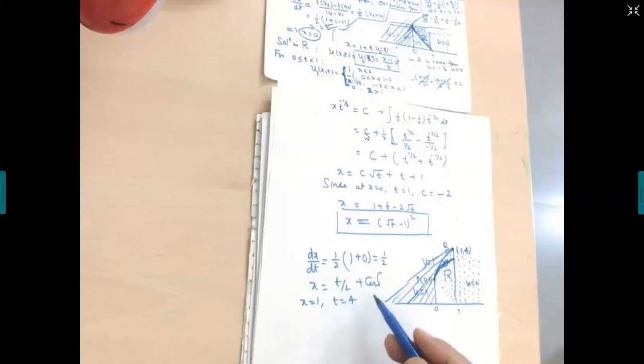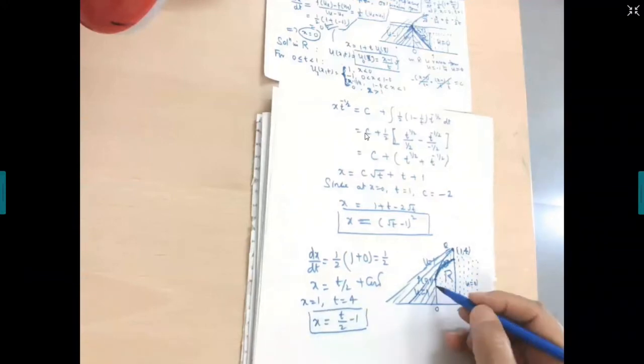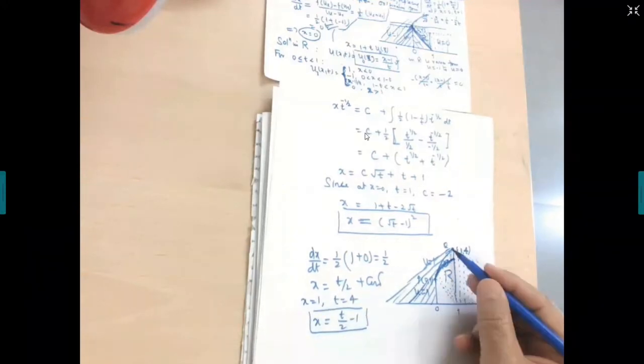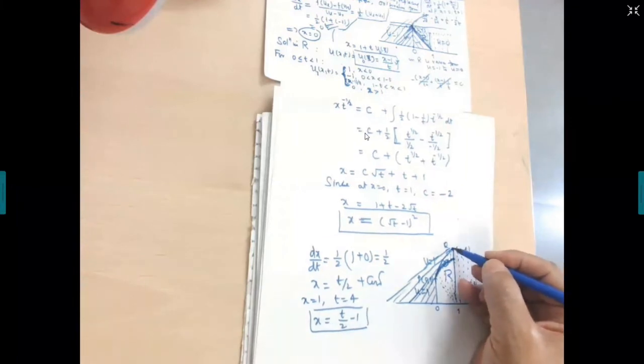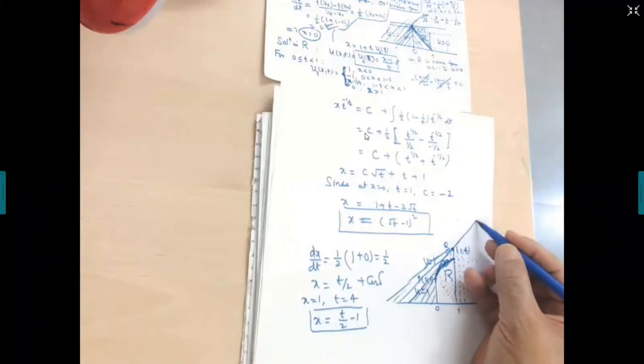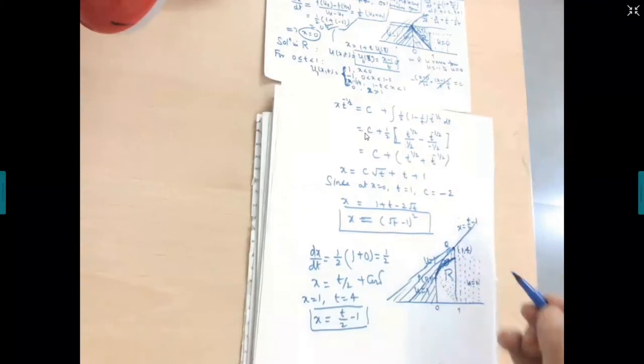Yes, very right, minus 1. So x is equal to t/2 minus 1. Very nice. Look here, very surprising: the stationary shock becomes a parabola, and again, when it interacts with the constant state, it becomes a straight line. It is a straight line, x equal to t/2 minus 1. So now I can write.